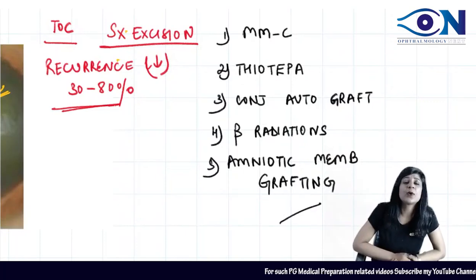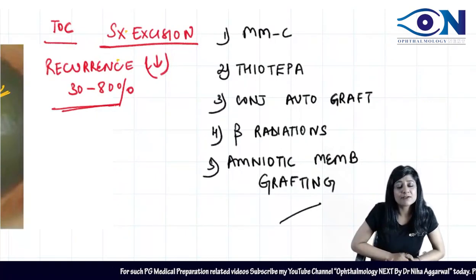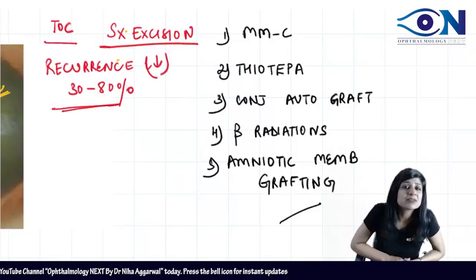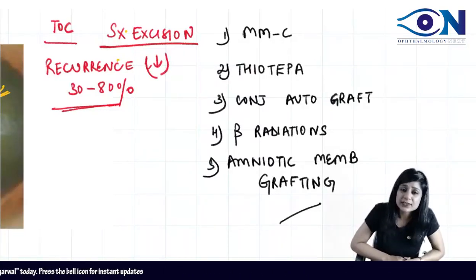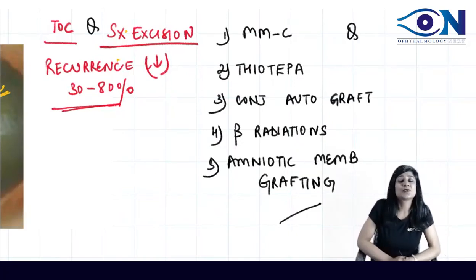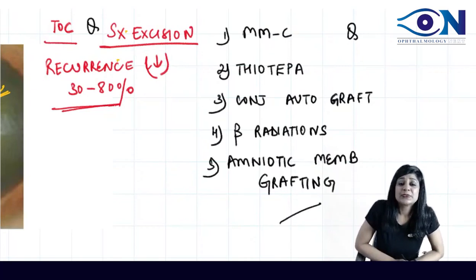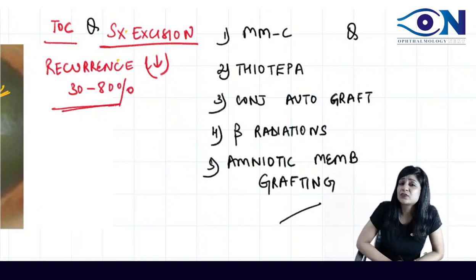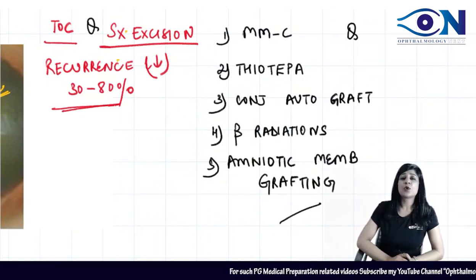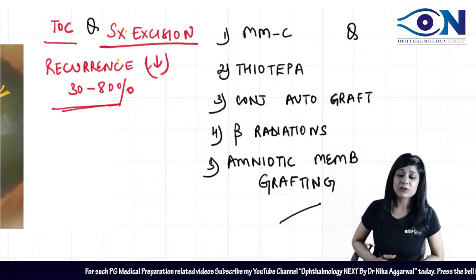And one year there was a paper of the FMG examination where there were 3 questions consecutively in the same set from pterygium. They asked the Stocker's line, they asked the treatment of choice, and they also asked the drugs which are used for reducing the recurrence. So this is the A to Z image-based session of conjunctiva. I have told you everything that is important, all the PYQs related to conjunctiva, all the images we have discussed, whatever can be asked from conjunctiva.